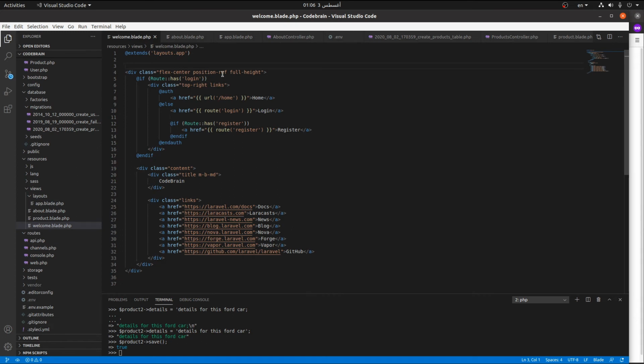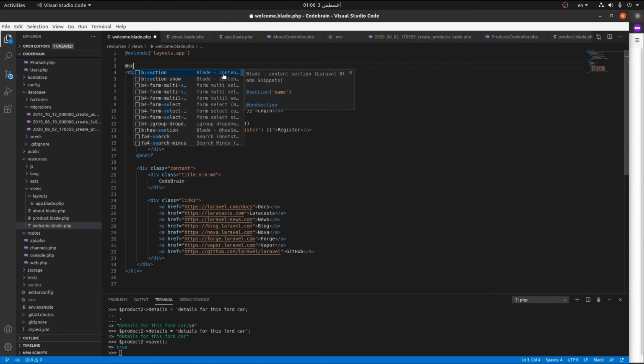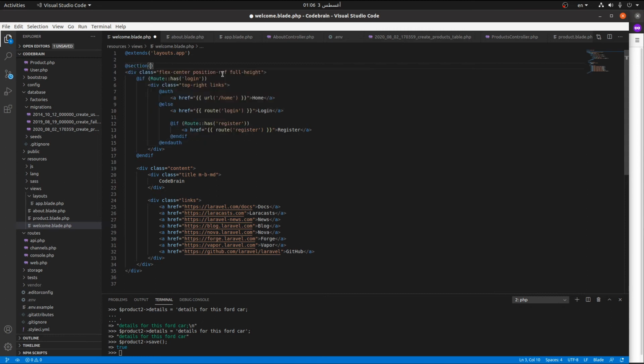We also need to define that content in the blade file. To do that, we use the blade syntax @section, and we call this section content. At the end of the file, we close this section. We can use multiple sections. All right, so now if we refresh our browser,